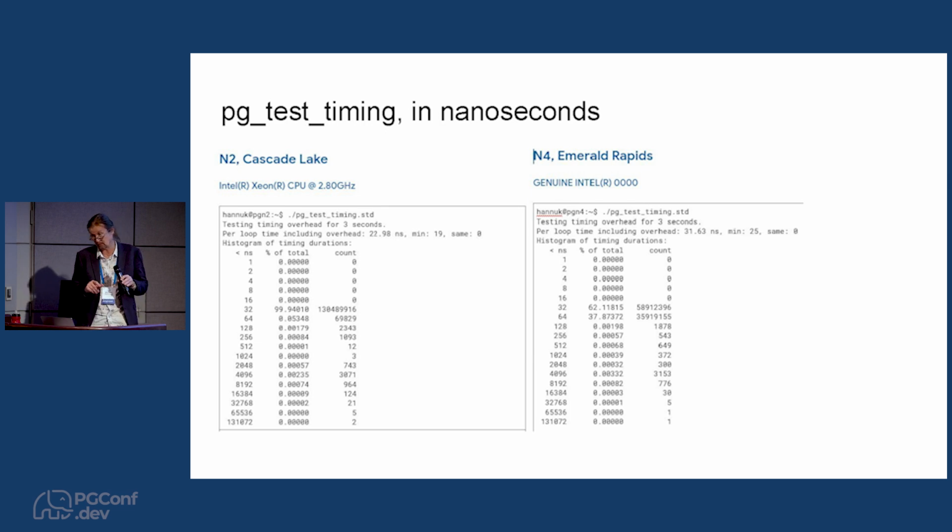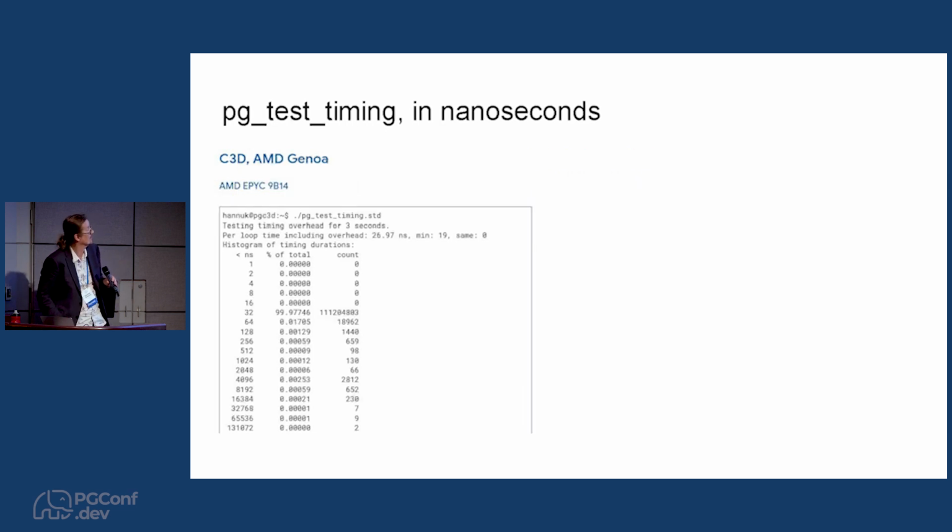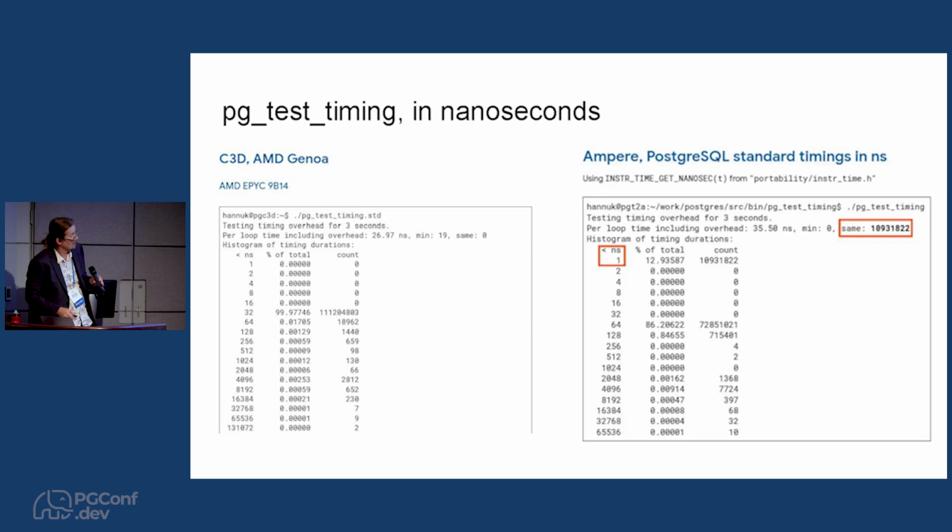So I instrumented it to actually show nanosecond resolution to understand where the timings are. For Intel, they are mostly under 32 nanoseconds or 62, so together that is already 99%. In the case of Emerald Rapids, it was between 32 and 46. Again, almost everything was there, with very few outliers. Then in AMD, it was again below 32, again 99.9%. And an interesting thing was in Ampere,